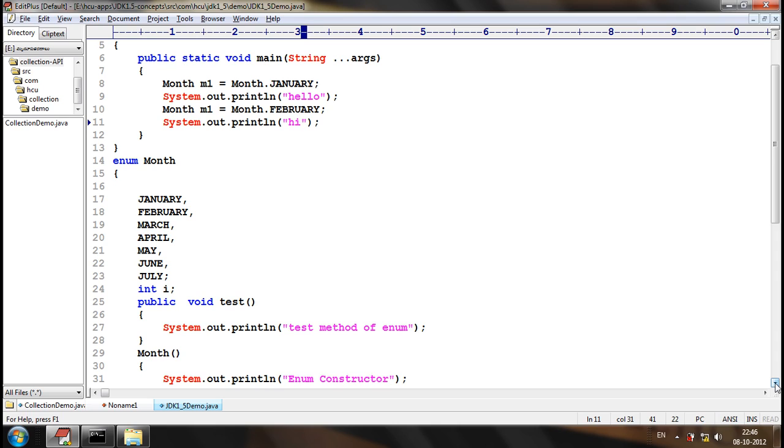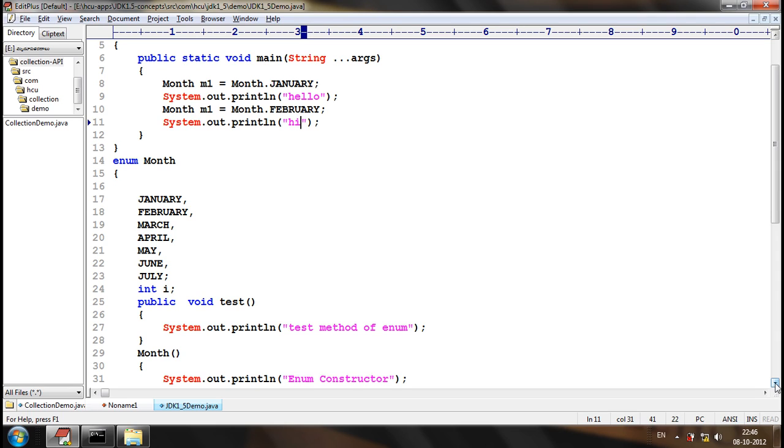First, what we are doing is accessing the enum constant Month.January. When we access an enum constant of an enum for the first time, then all the enum objects are created. When all the enum objects are created, the corresponding constructor will be executed for each of them. So when we access Month.January, at that time itself, 7 times the constructor will be executed.